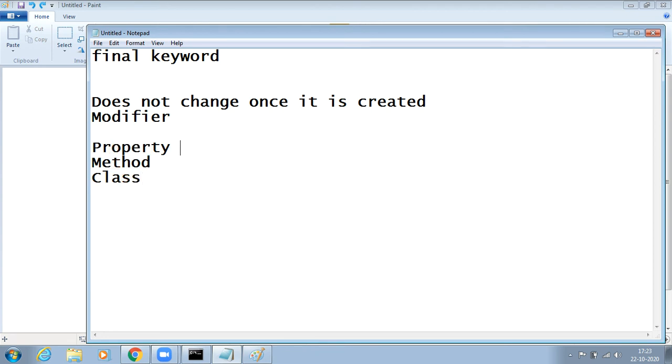For example, if I create a final property like this, final double PI equals 3.14. This is a final property called PI, always represent a final property with a capital letter. The 3.14 value is always fixed. We cannot change this value since the PI value is final. Always keep final before the type.